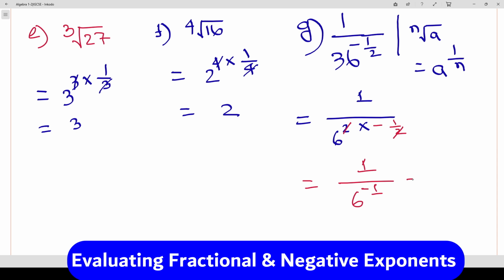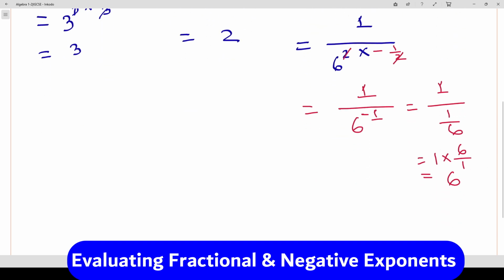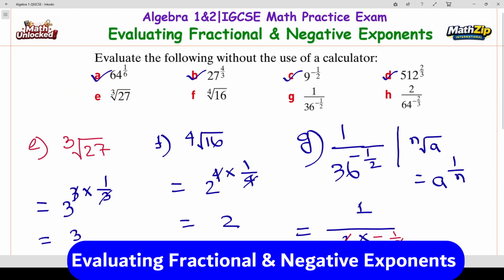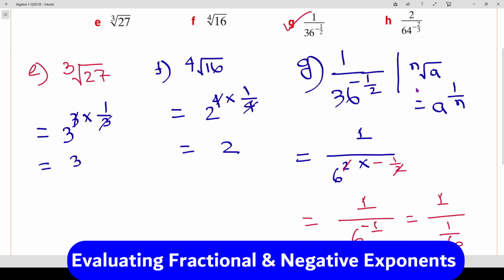So this one we can write as 1 divided by 1 by 6. And once we divide a fraction by another fraction, the second fraction will be flipped. So in this case 1 times 6 by 1, and our final answer is 6. Okay, so G done. And our today's last question,